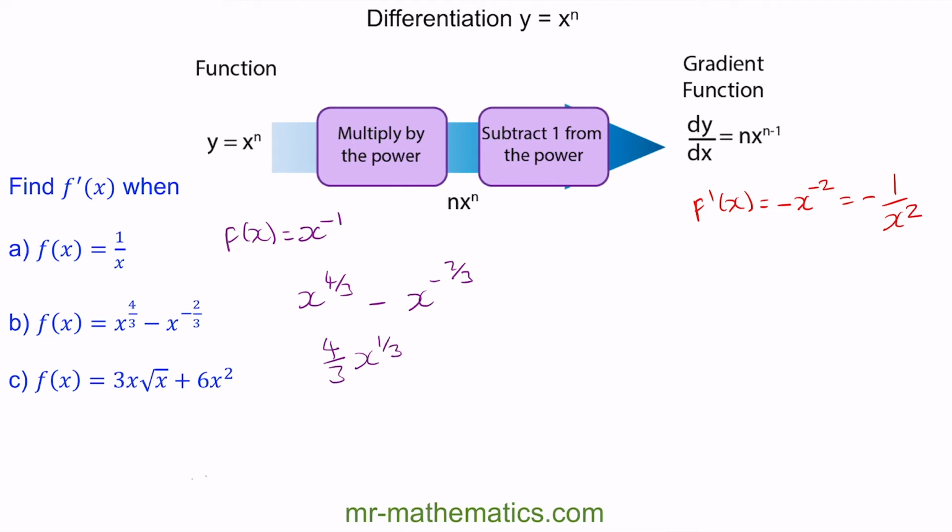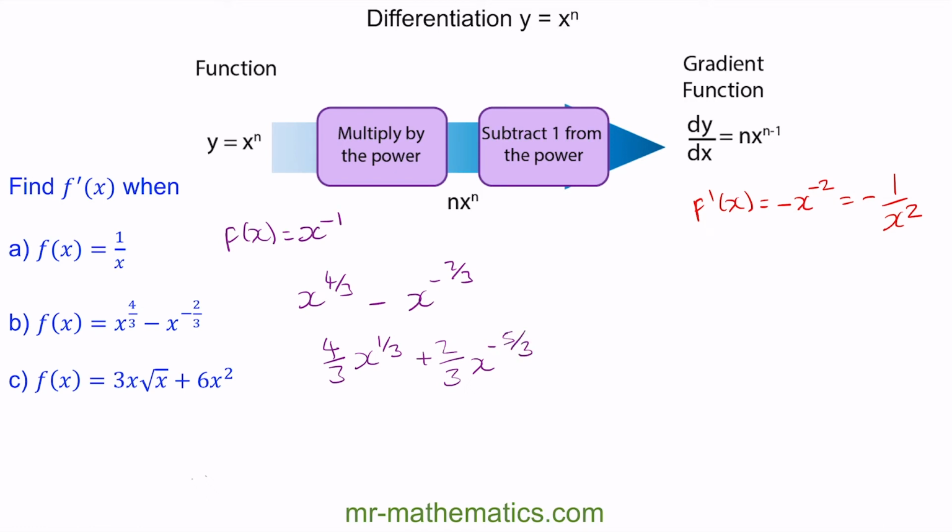And then for the next term, we multiply the negative 1 by the negative 2/3, and we get positive 2/3 x. And again, we take away 1 from this power, so minus 3 over 3, and this becomes x to a power of minus